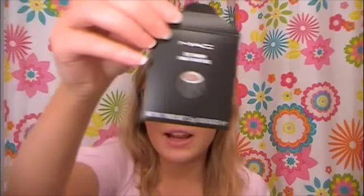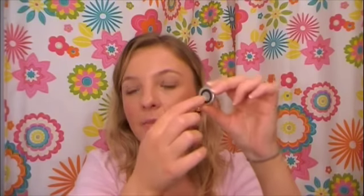So I bought 5 colors, and these little packages that they come in actually don't say the names of the eyeshadows themselves, so I can't remember everything I bought. So I'm going to have to take them out. The really nice thing about these is they have little magnetic strips on the bottom that also say the name of the eyeshadow. The only thing that I did discover with depotting eyeshadows that are in individual palettes, they don't have the little magnetic thing on the back, so you'd have to purchase little magnets from a grocery store or Michael's or something like that and attach them yourself,